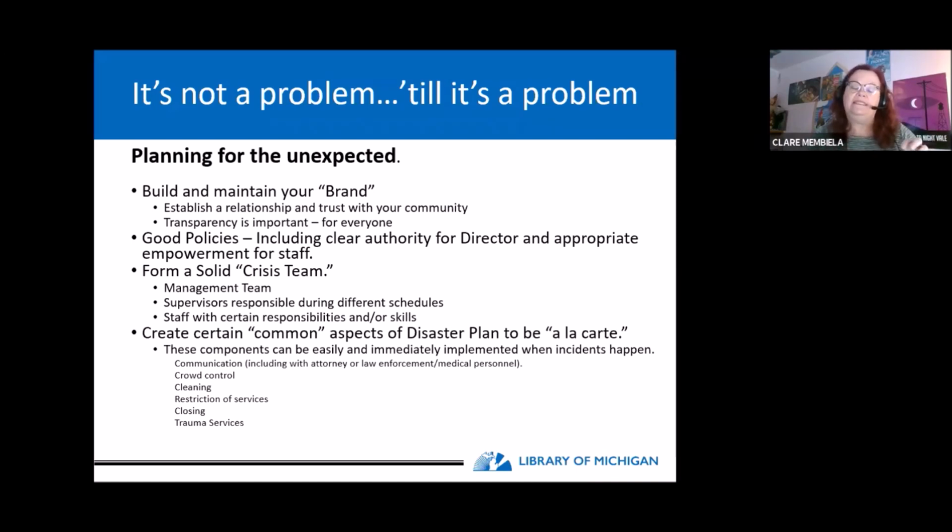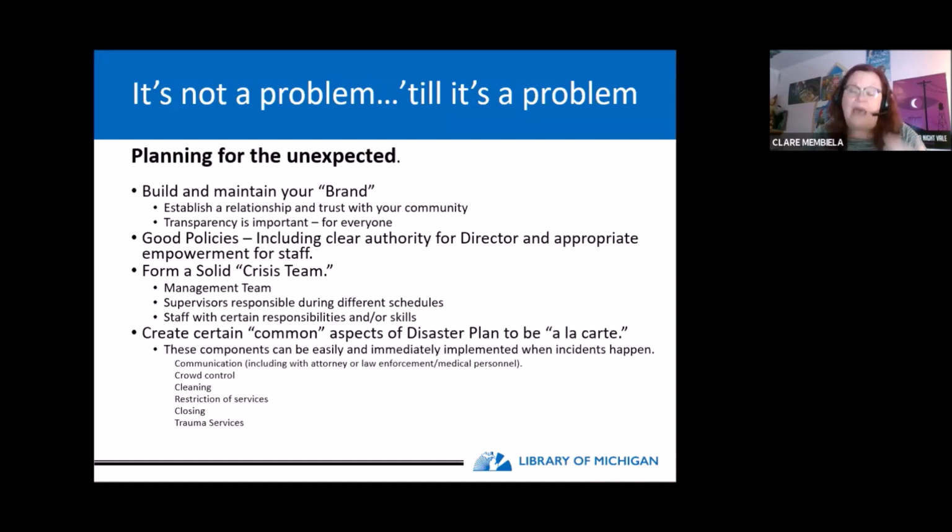So you can have a policy that says the director has X authority in circumstances where life is imperiled or property could be damaged. There are ways to take these policies and have them, like I said, a la carte,